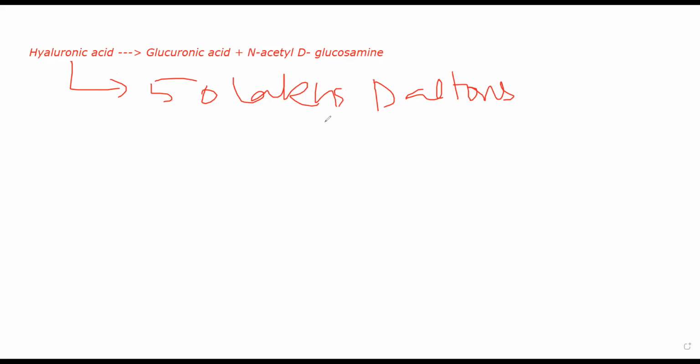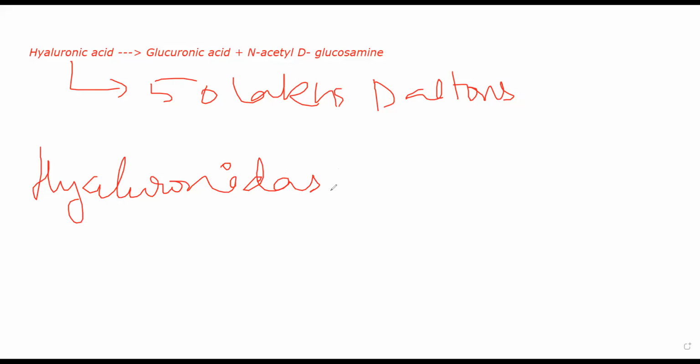Okay. Now, you will find a high concentration of hyaluronic acid in seminal fluid. You will find it in high concentration in the testes as well. You'll find it in certain snake venoms and insect venoms too. Specifically hyaluronidase. Hyaluronidase is an enzyme. It will help in fertilization in semen. Okay, hyaluronidase acts on hyaluronic acid.